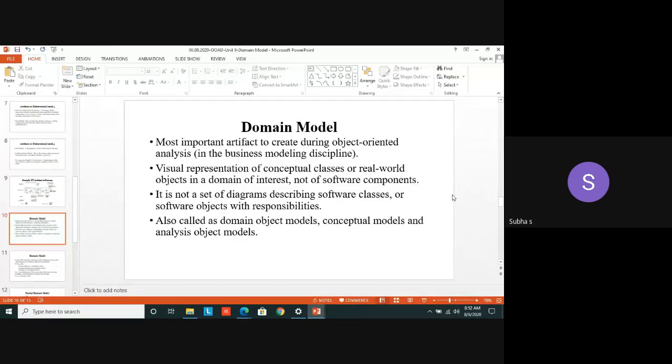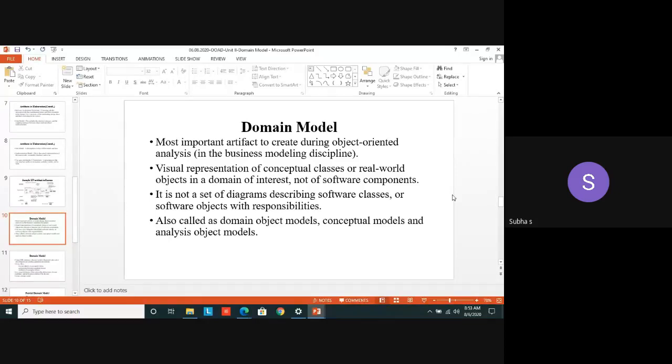It is a visual representation of the conceptual classes. This is the simple definition of a domain model. Domain means a particular area, a particular place where we are concentrating, like the research domain or subject domain. In your resume also you may put an area of interest. Similarly, a domain model is what I am going to do with the classes, especially the conceptual classes. So far we saw only classes. Here a conceptual class means a class with a concept, a class that represents something meaningful. That is called a conceptual class.